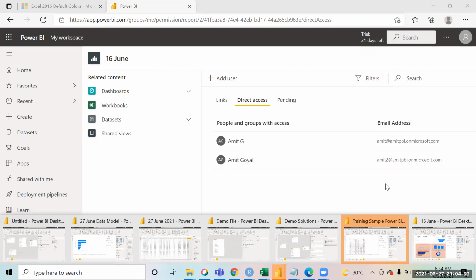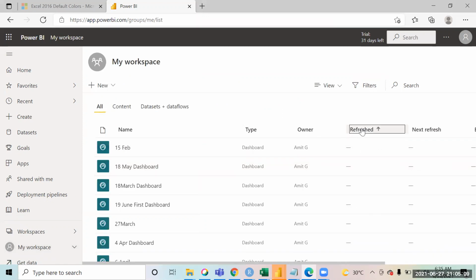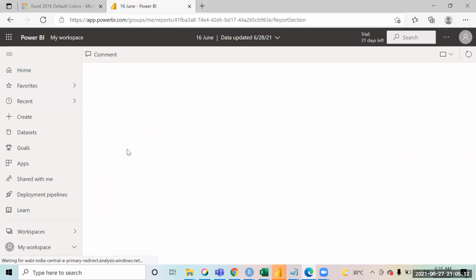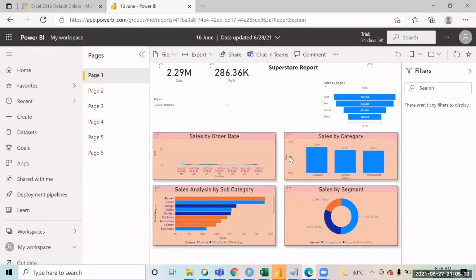Okay, so if you want to edit the layout or change the view, we can do it. I told you, there are two ways. Either you open this report on the Power BI service and you have the edit option. No, the layout of the dashboard. Layout as in, what do you mean by layout? I mean, if I'm pinning some 3-4 charts and I want to arrange them in a particular order, can I do it?